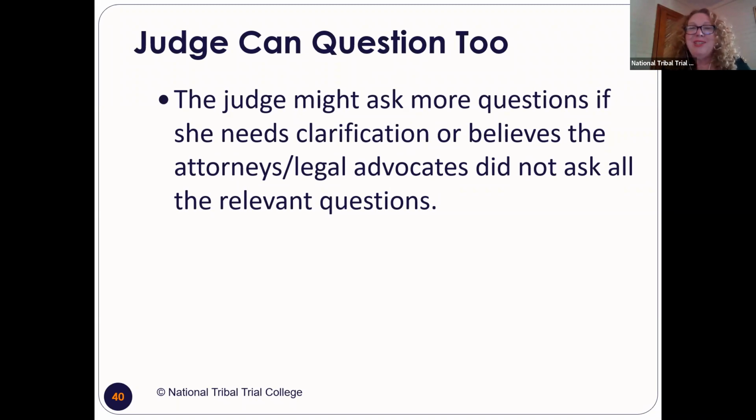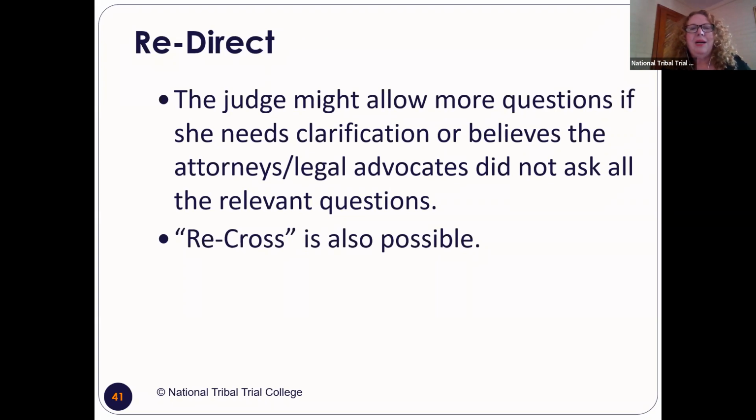Now, I got to let you know that in some jurisdictions in criminal cases, such as Arizona, the jury can ask questions. Boy, that's a mind blower. You get your whole case set up in your mind, how I'm going to say this, and I'm going to anticipate Marvin's defense on that. And then you got to deal with questions from the judge and jury. So that can happen too. Know what your jurisdiction allows, right? If the judge feels like you should do redirect or recross, he or she will allow you to do it. Generally, redirect is only if you need to clarify things that were raised on cross.